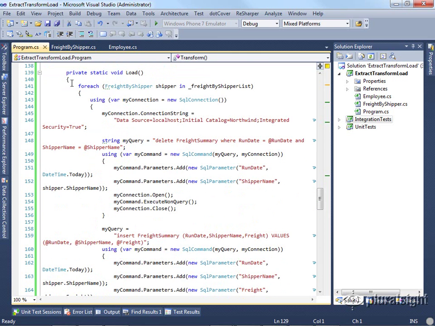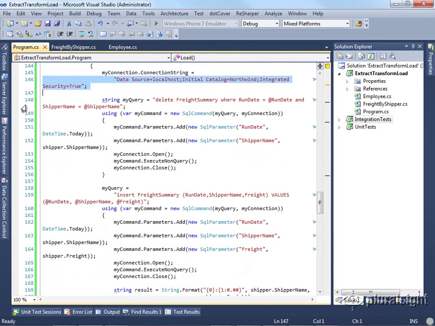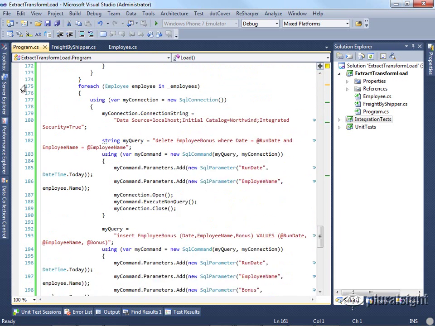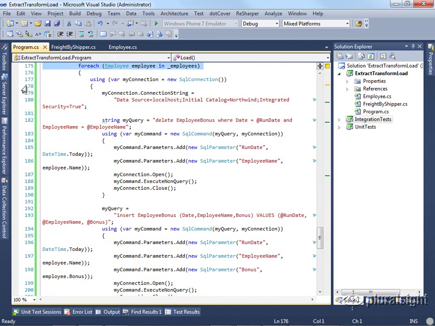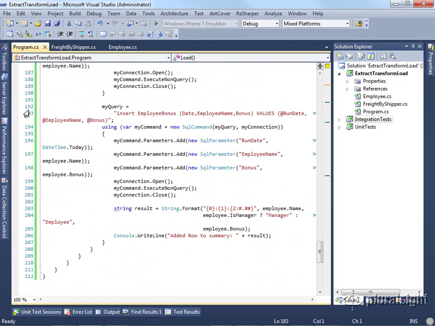Finally, now that we have all of our data, we're prepared to load it back into our data warehouse. So we'll have to open up another connection. In this case, we're talking back to the same data source, but in a real system, it would likely be a different one. We'll clean up any data that was already there, and then we'll insert our records with our new summary data. We'll do the same thing for the employees, cleaning up what was there, and then inserting new